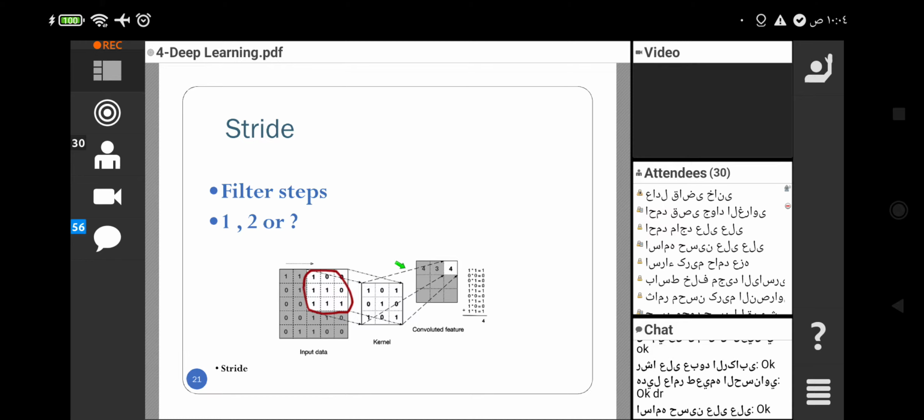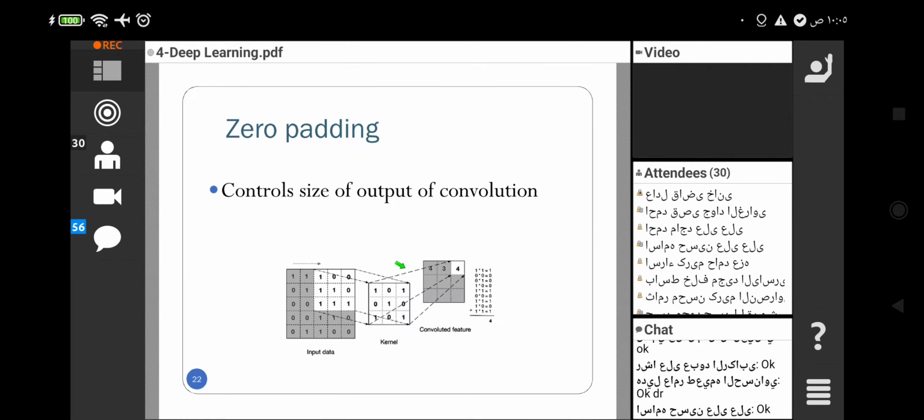In most situations, the step is 1. Most of the time, the step is 1. But sometimes the step is 2, or we could have different numbers. But usually the step is 1 or 2, and most of the time, it is 1. Okay, one other point about the CNN is